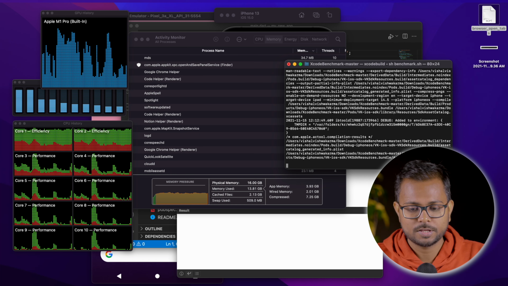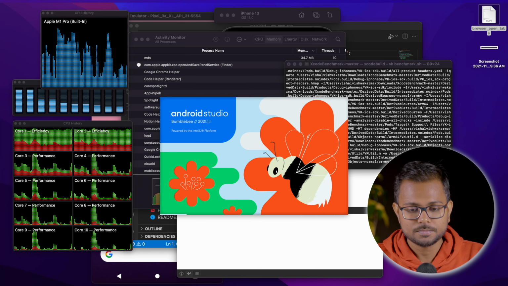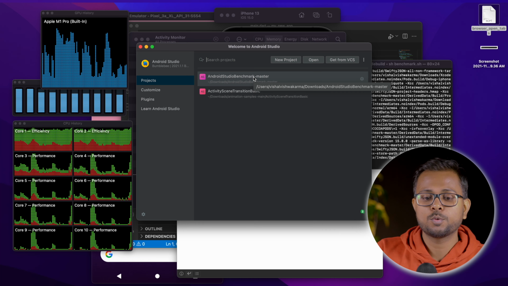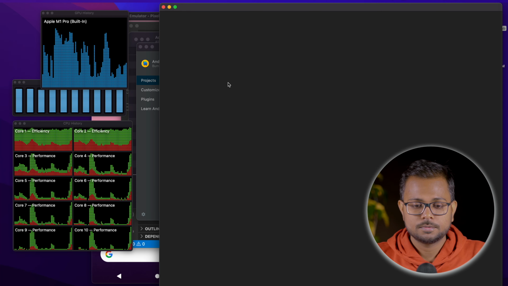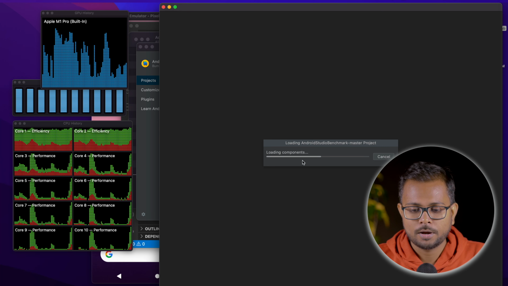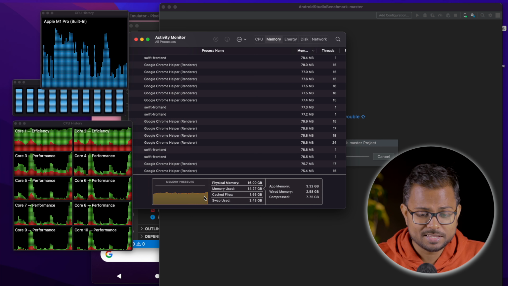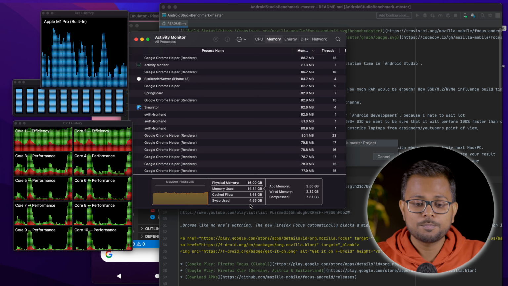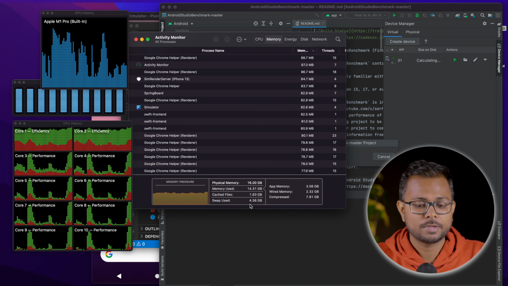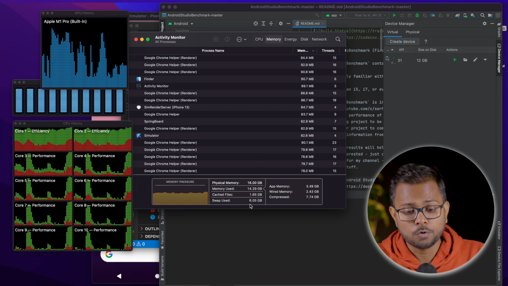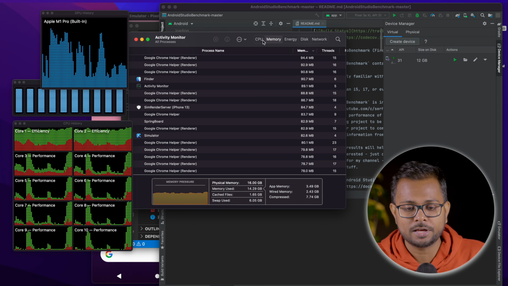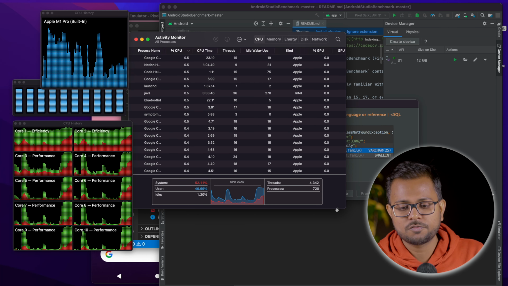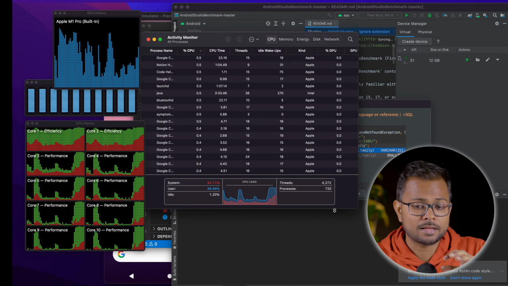Now the Xcode build is starting up, and in the meanwhile we'll also try to build an Android project. So let's open an Android project, and by the way, we are trying to build this with the Intel variant just to stress test it. So here we have our Android project open, and we can see that the memory pressure is increasing. The swap memory has increased to around 4 to 6 gigabytes. It's increasing because we're opening up a lot of applications, and the CPU consumption is also getting filled up. We have just 1% of idleness, but this is still snappy.